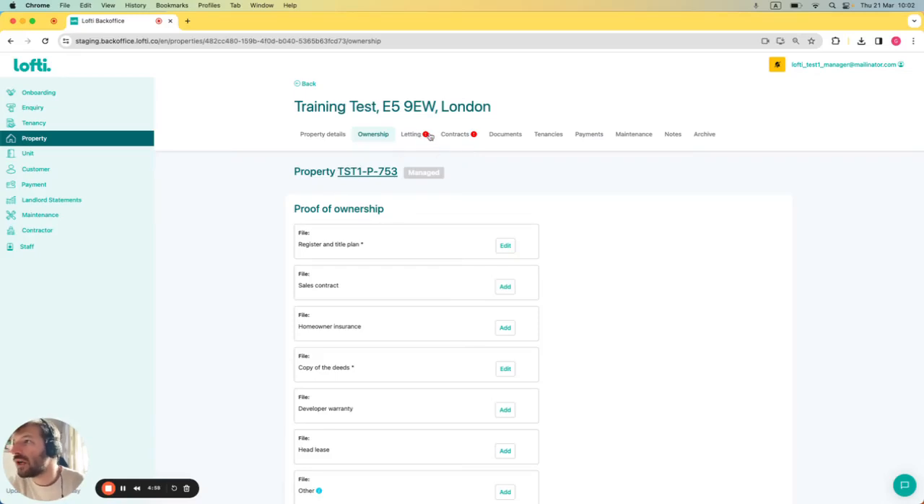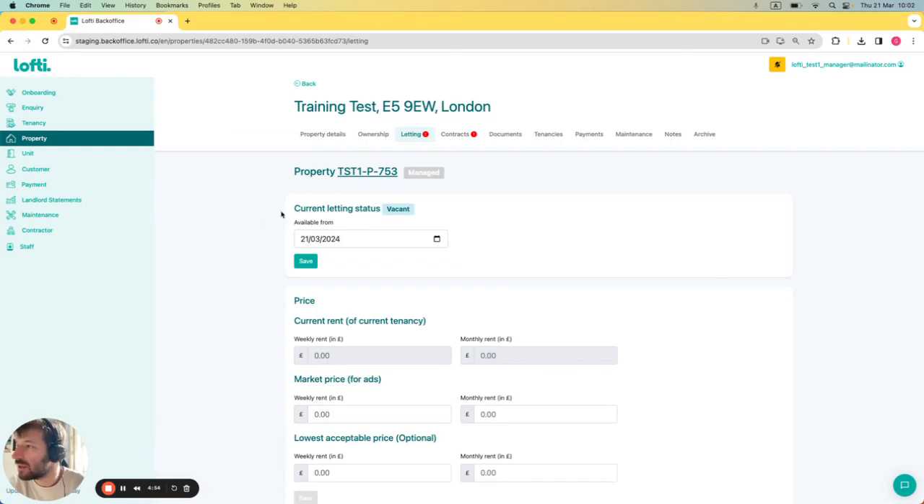So now we are going to add the lettings information. So we go to this letting tab. As you can see, there is the letting status. This is automatically updated as soon as you have a tenancy. So as there is no tenancy at the moment, the letting status is vacant, and you are able to change